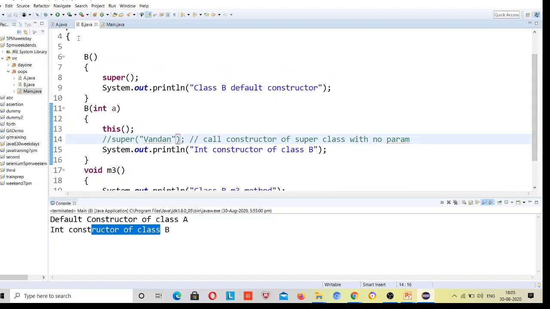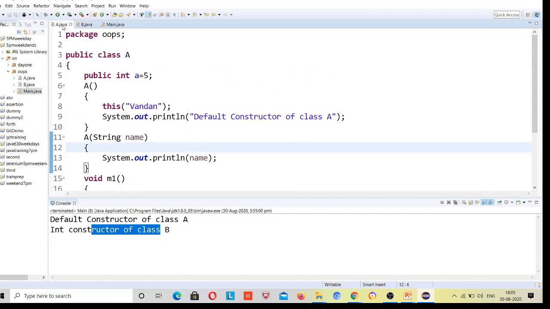That means it will go to class A with no parameter. So it goes to line number 6 first, and now it is taking the this one. Then it will look for the string parameter with one, so it will go to line number 11, and it will print line number 13. That's what I know. Only it will print line number 13.